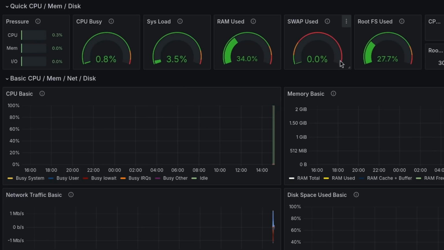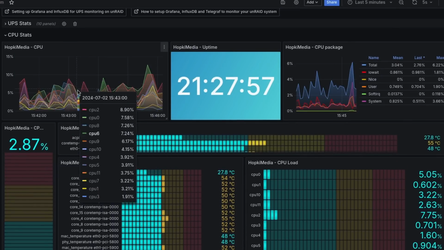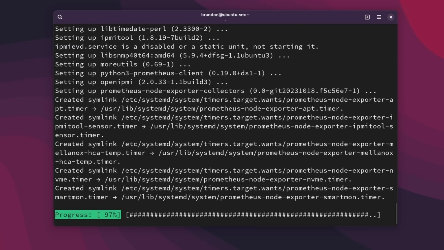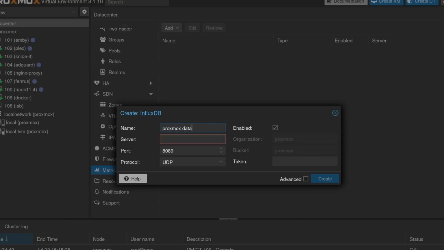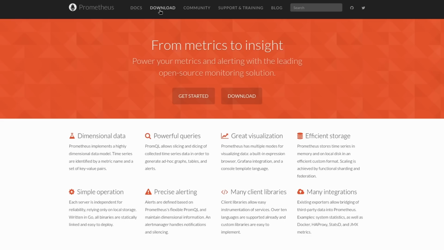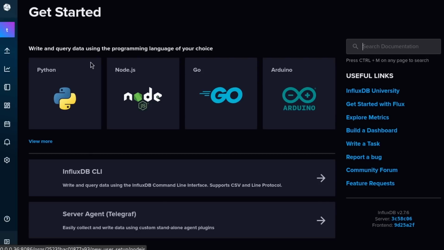By the end of this video, we are going to have stunning graphs, dashboards, and visualizations of data and metrics for our Linux servers, Docker containers, Unraid server, Proxmox, and we're going to go through the entire process of how I set everything up. We're going to be using a variety of tools, including Grafana, Prometheus, their node exporter, InfluxDB,